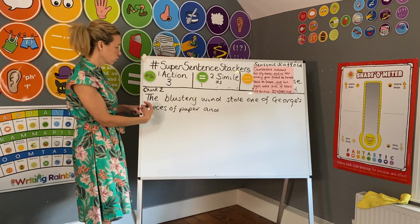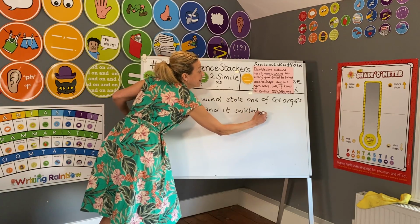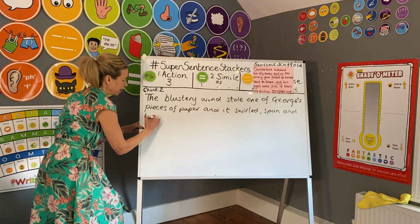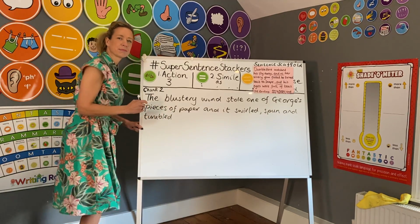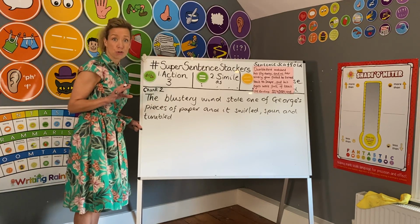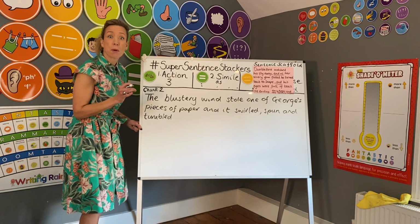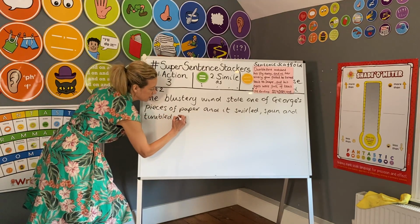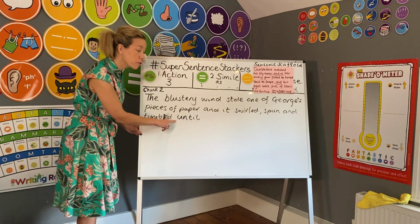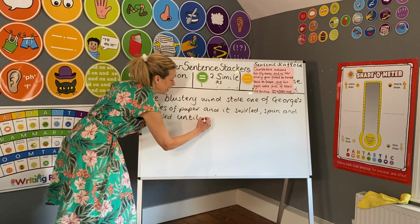The blustery wind stole one of George's pieces of paper, and it swirled and it spun and tumbled until... Did you know the word until is one of the words in the top 100 most misspelt words in English? And many people make a mistake with just one letter. Until has 1 L only. And it's always worth remembering that. And it swirled, spun and tumbled until it...